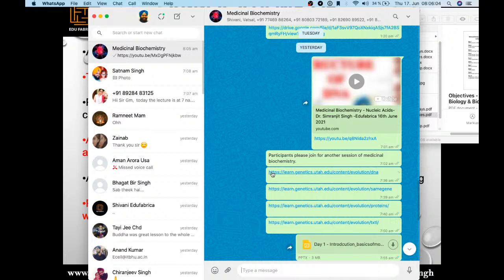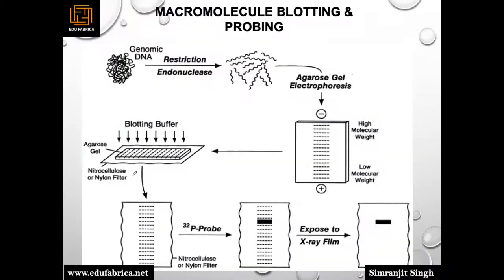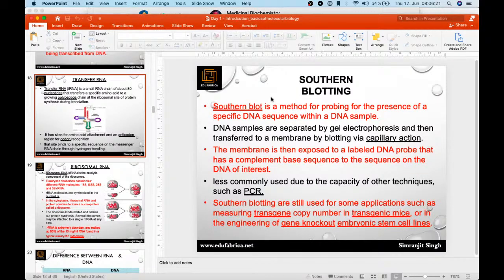So that's it for today, students. You are done with the PCR, and tomorrow we will do a little bit of blotting techniques, and then we will switch to more, because initially we want to cover everything related to the nucleic acids, nucleotides, nucleosides, DNA, RNA, translation, transcription,